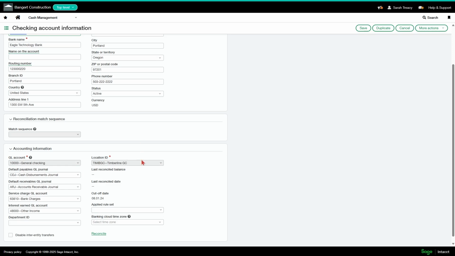And the last scenario is you have several transactions in the system and delete, reverse, void is totally out of the question because it's going to take too long. So what you would do in that scenario is inactivate the account that you currently have, recreate the bank account with the proper location. But you need to remember that it is one GL account per bank account. So you're going to need a new GL account if that is the scenario that you're in.